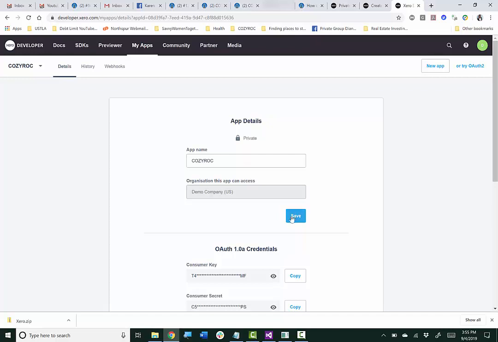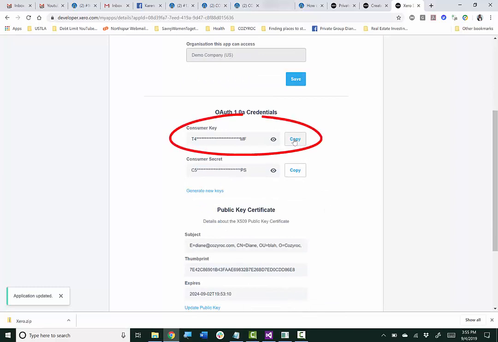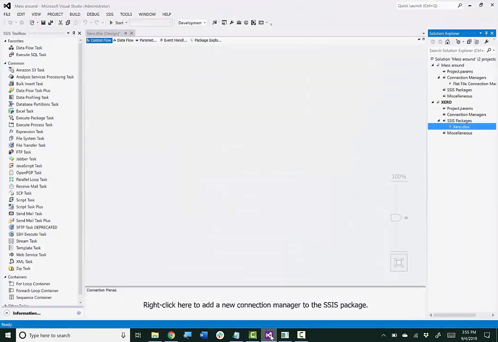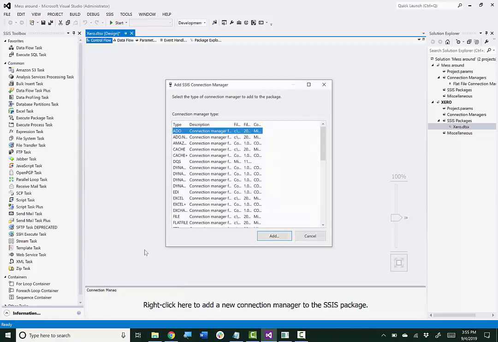And make sure you save it. And then here is another one of the parameters that we need for the REST Connection Manager. So copy that, and I would suggest saving it somewhere. And then we'll go over to Visual Studio. So to use the Connection Manager, I'm going to right mouse click down here in this section, click on New Connection,